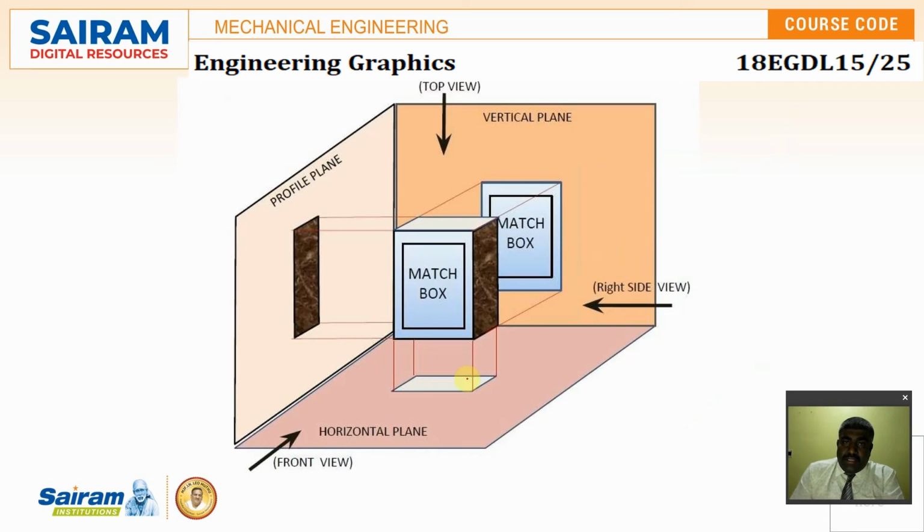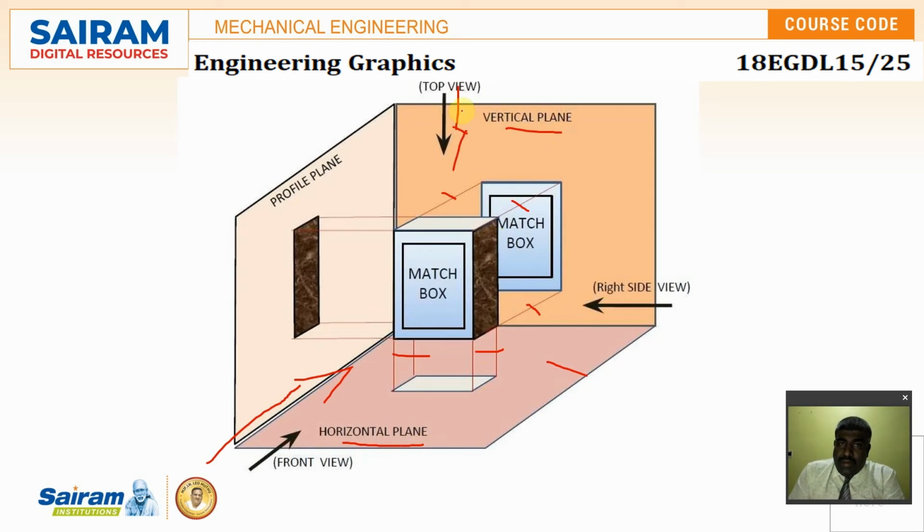So if I take this plane, I'm going to observe from the front. So this is the object. You're going to see the projection will be done parallel. You can see that these lines are parallel to the horizontal plane. When you observe from the top, the projection lines are parallel with the vertical plane and perpendicular to the horizontal plane. So the front view will always be drawn on the vertical plane. The top view will always be drawn on